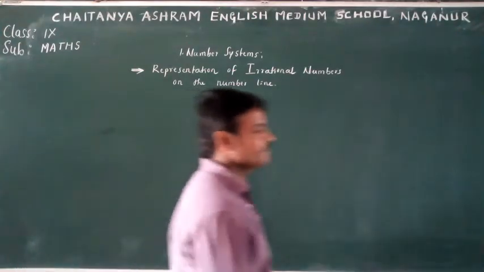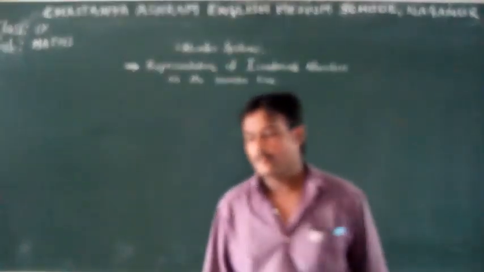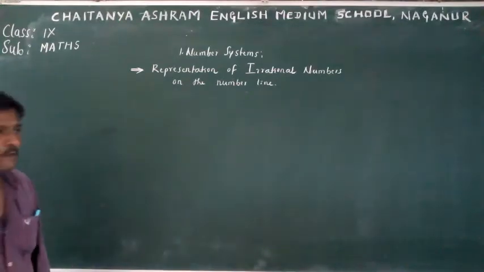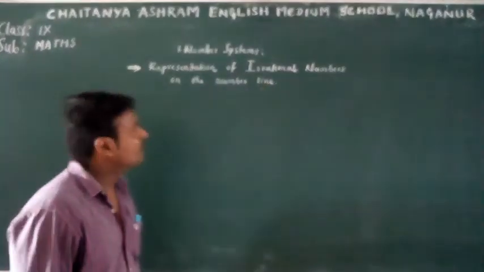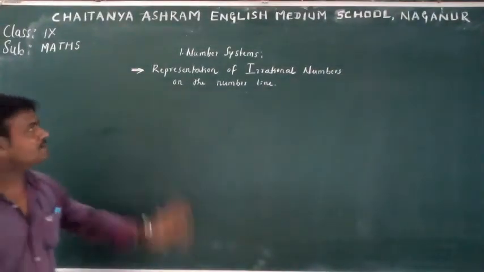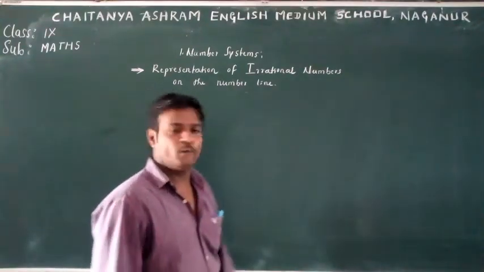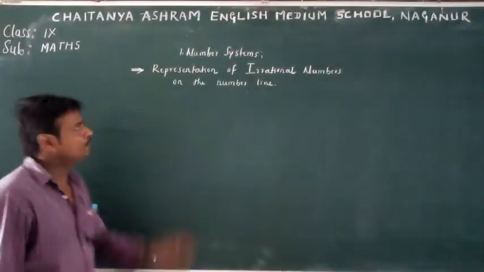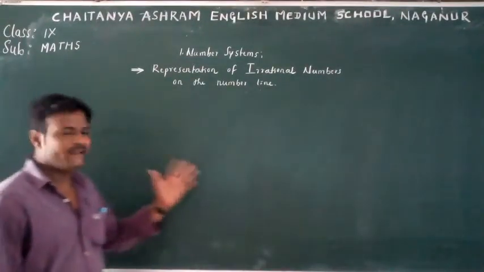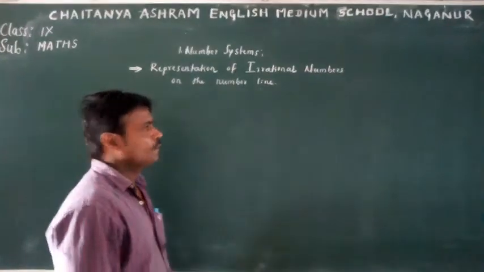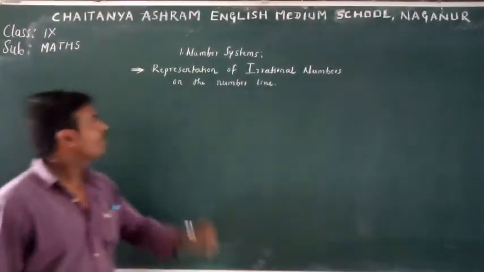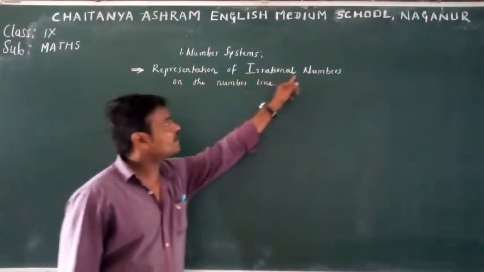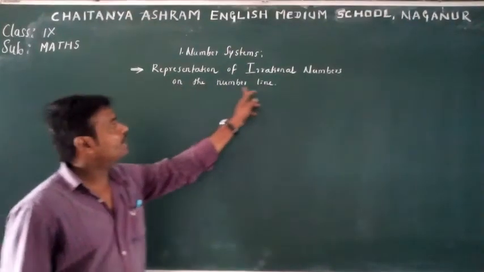Dear children, in the previous video, we discussed exercise questions. This topic is a very big topic. I think it takes 12 to 13 videos to complete this lesson. Very big topic, dear children. Now the next concept of this topic, number systems, is representation of irrational numbers on the number